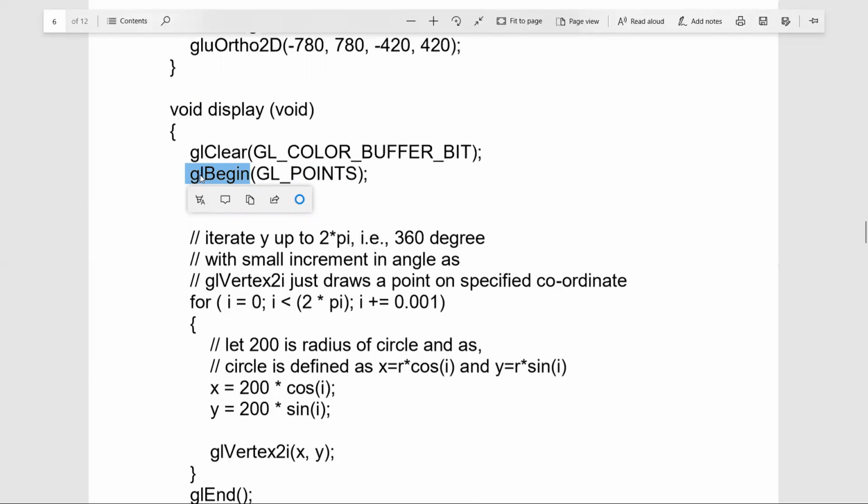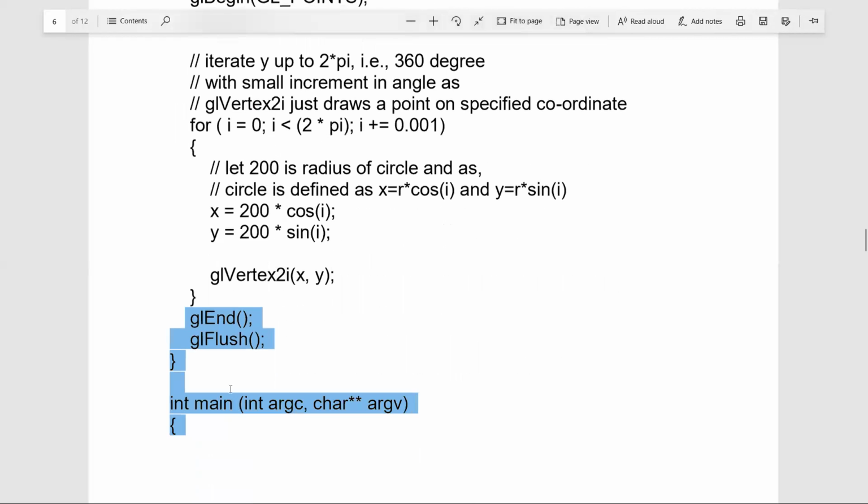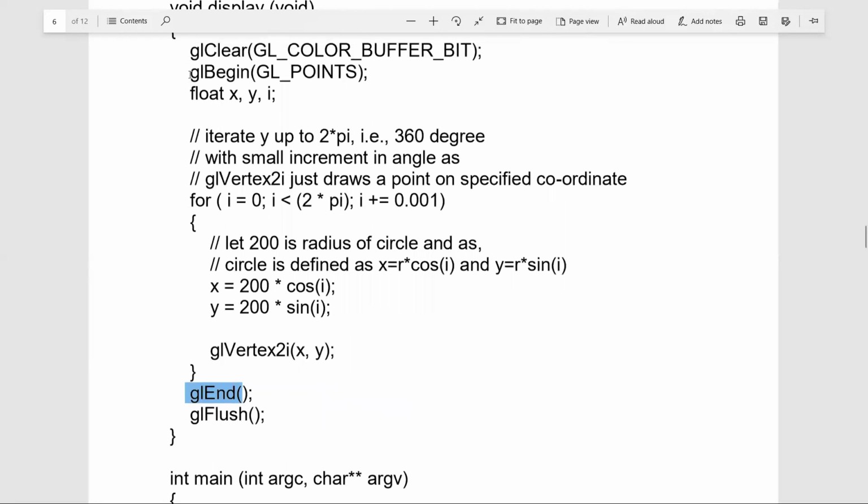So the pixel by pixel plotting begins using glBegin and it ends using glEnd. In between glBegin and glEnd, we always call glVertex. So using the glVertex function, all the vertices are drawn, where a 2D vertex will have a corresponding x value and a corresponding y value.